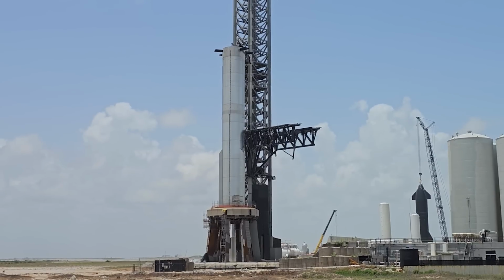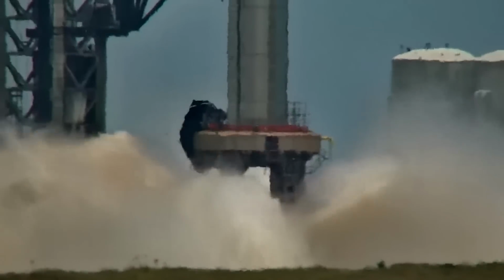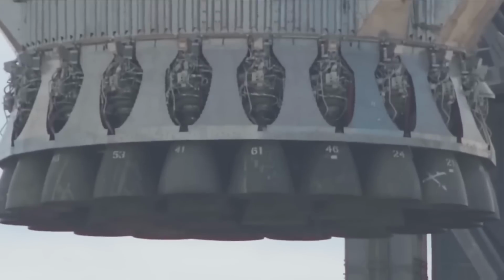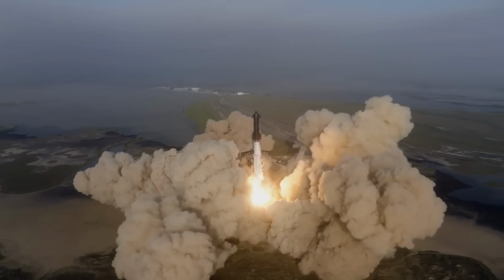Each engine on the outer ring has a designated spot beneath it, ensuring a denser water flow. And the Starship's legs? They're not left out, they receive a more substantial flow. The deluge system's performance was nothing short of impeccable. It's primed and ready to work in tandem with the Starship's 33 Raptor engines when the time comes for the actual launch. It's akin to a protective barrier designed to absorb the immense energy produced during ignition, ensuring a smooth